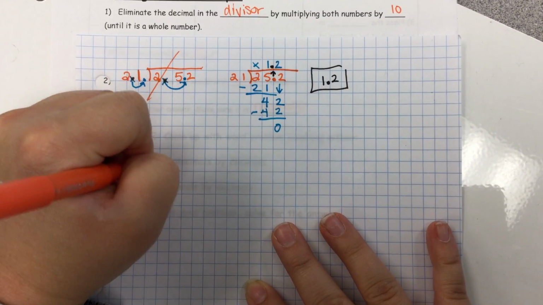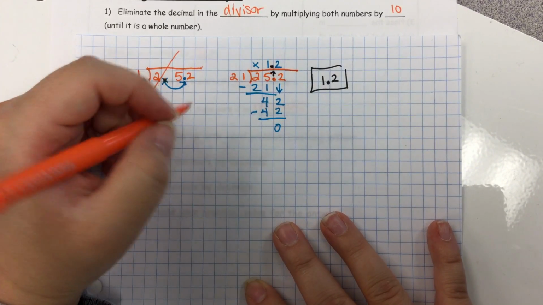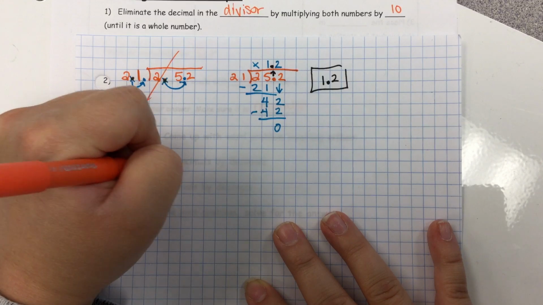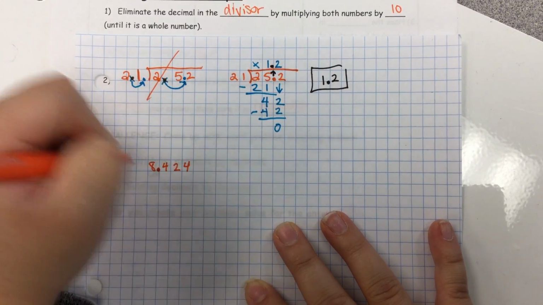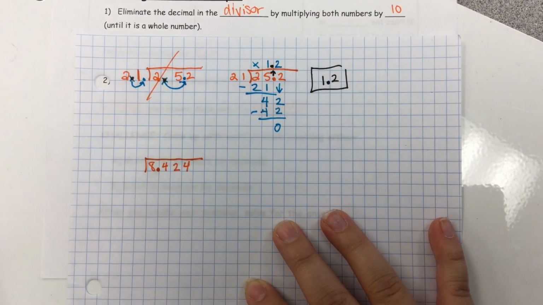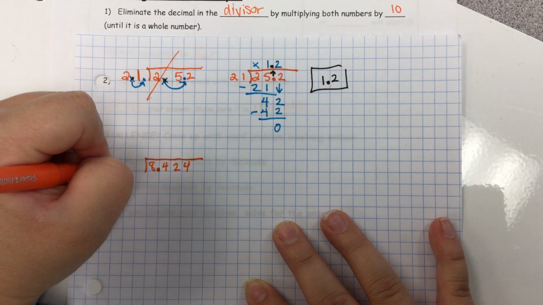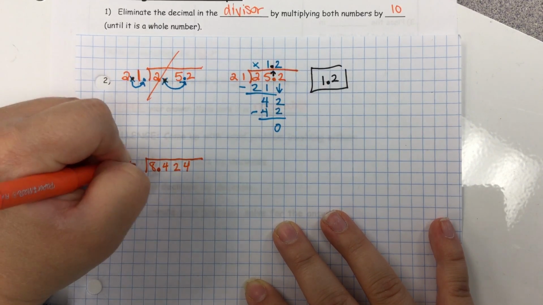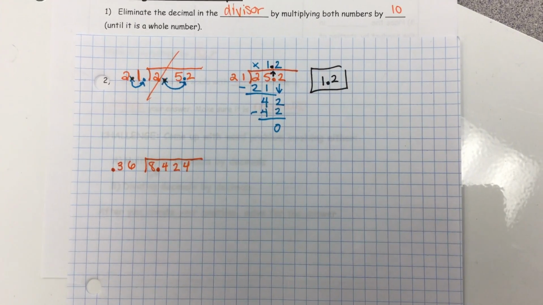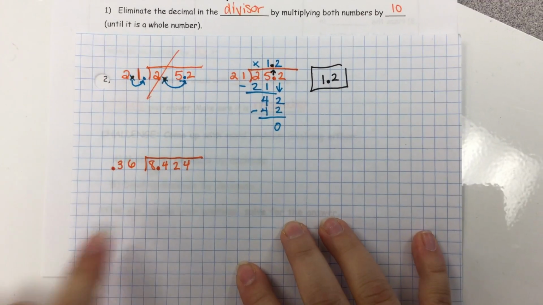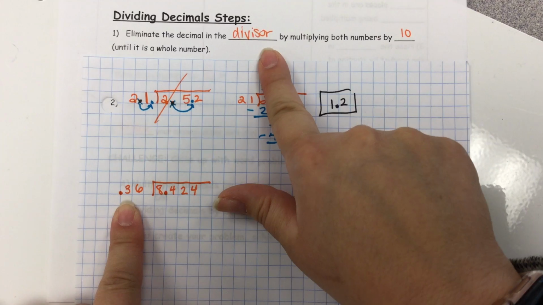So we're gonna take 8 and 424 thousandths, and we're gonna divide that by 36 hundredths, okay? So again, the first thing we wanna do is get rid of the decimal that's in the